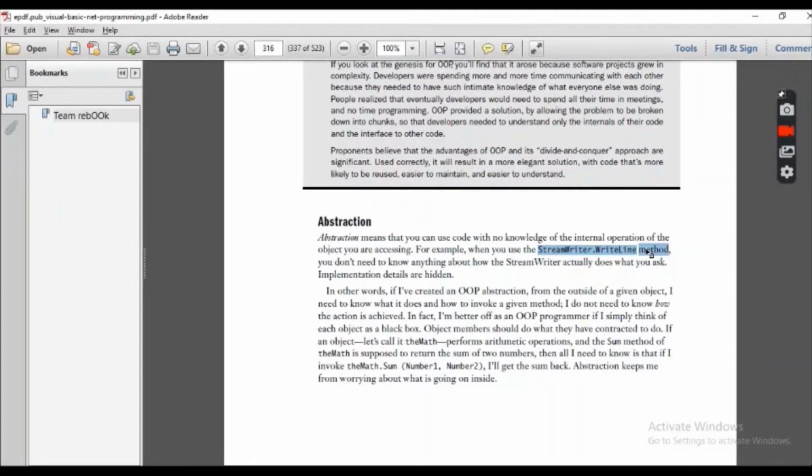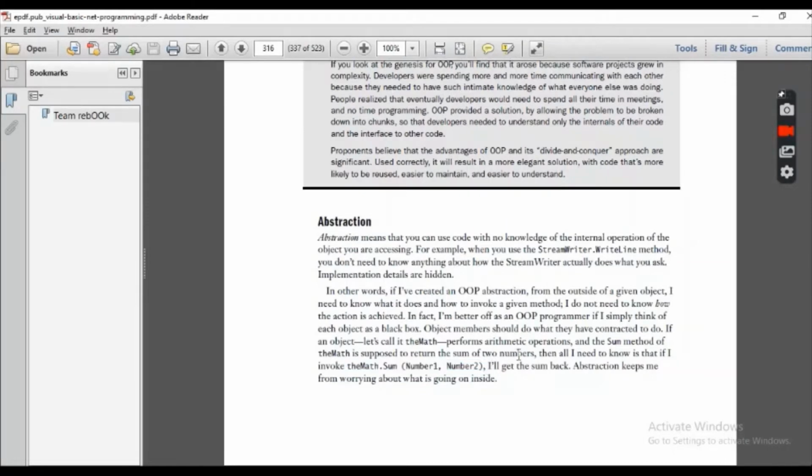This object oriented abstraction concept is implemented mostly with the help of methods and subroutines, and with the help of classes and objects as well. And see the Math.Sum function. How is it going to calculate the sum? If we pass it 2 parameters, it will calculate the sum of 2 parameters. If we pass 3, 4, 6, how many parameters is it going to sum? How is it managing all this? Abstraction is basically keeping us from any worries about what's going on inside that sum function.